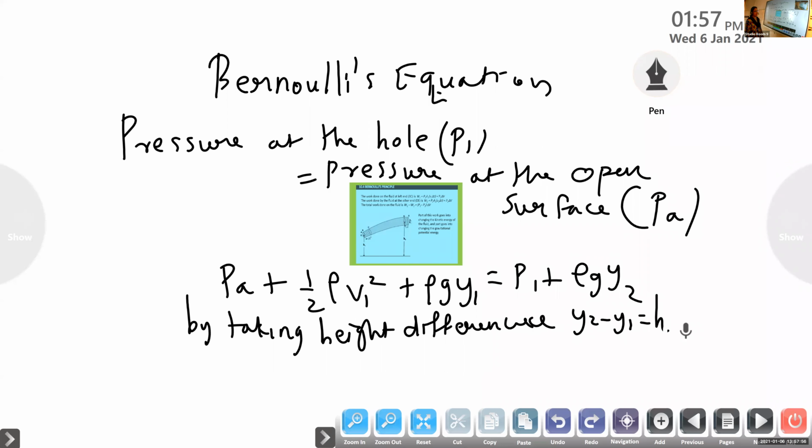So what we should take, we consider Y2, we can just rearrange this equation. We will substitute the V1 later. So first we will rearrange this equation. Take this rho G Y1 to that side. So from this equation, I hope you got it now. So you will get Y2 minus Y1 is equal to H. So we are going to write.